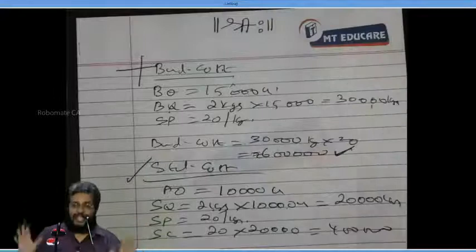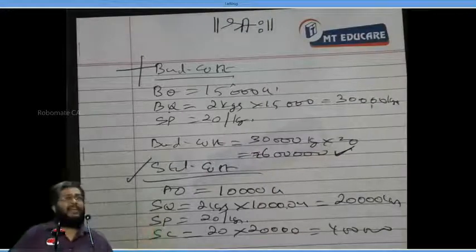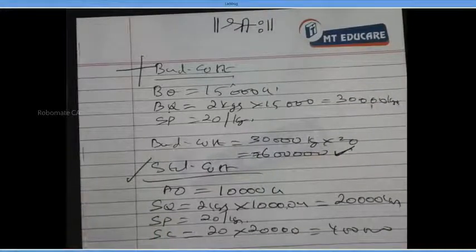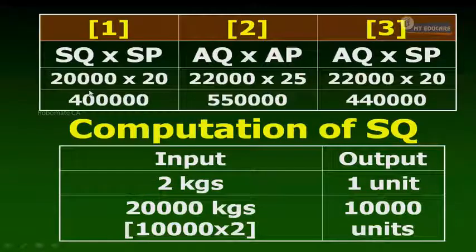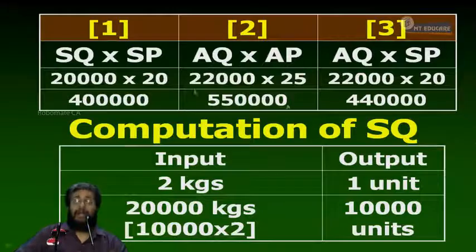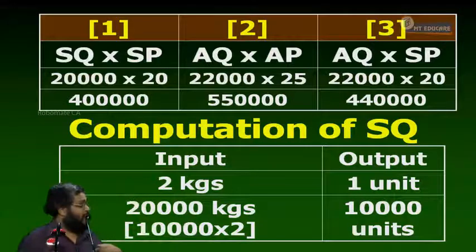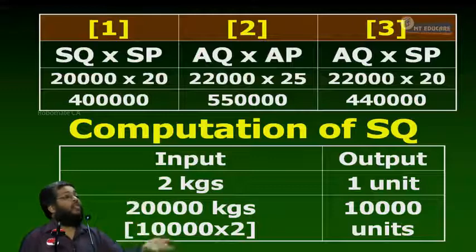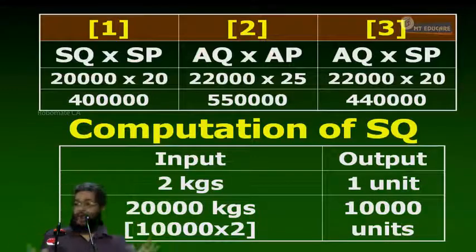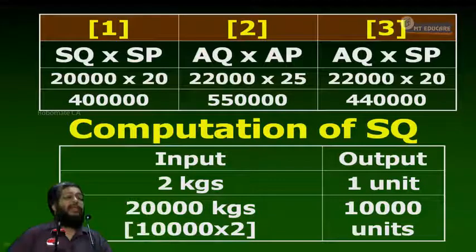Now, come to the discussion. Simple English only. Tell me, what is column 1? Standard cost. Then tell me in English, what is standard cost? Cost allowed. The material cost allowed for my production is how much? 4 lakh. For my output, I am allowed to spend 4 lakh. I have overspent, 1 lakh 50 adverse. Yes or no?